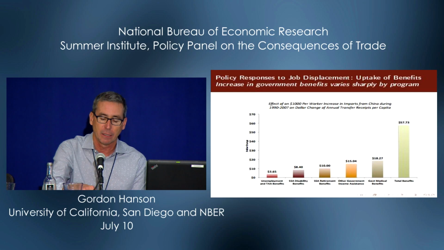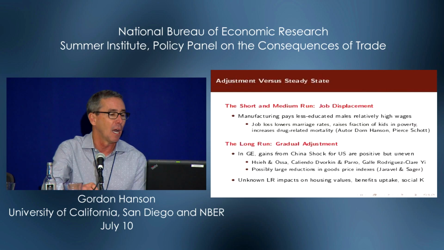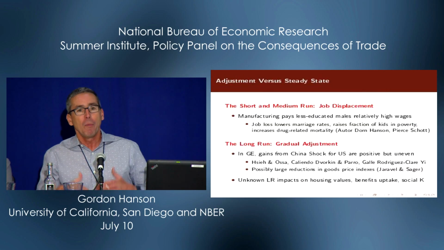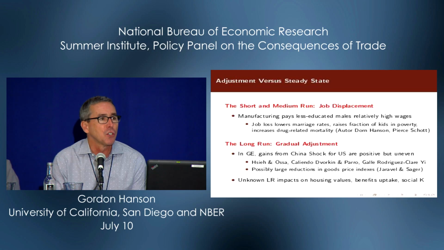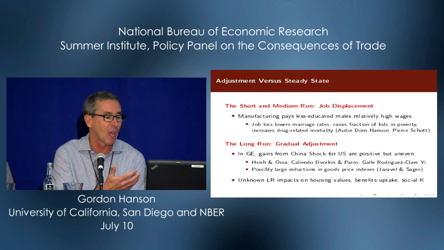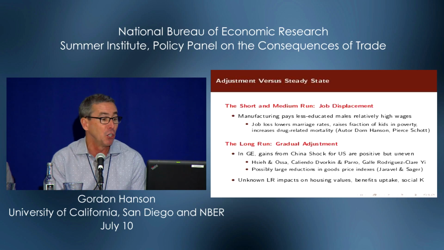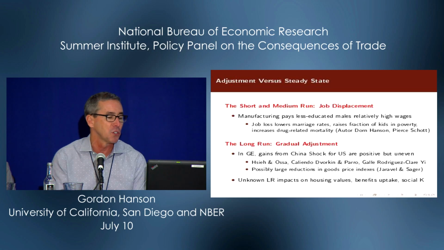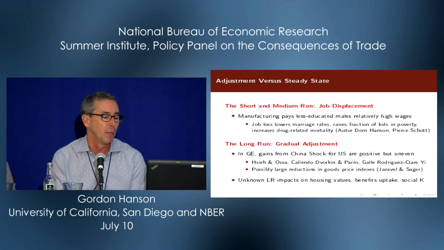And I'll come back to this in just a second in terms of where research is going. So that first wave of research was reduced form, helping us understand these relative impacts. And then what happened after that is a bunch of very good general equilibrium analyses that have come along and built structural models to help us get a sense of what's going on. So Shea and Osa were kind of first to the table with this. And then we have the very nice papers by Caliendo, Dvorkin, and Parro, and Galle, Rodriguez-Clare, and Yi, which